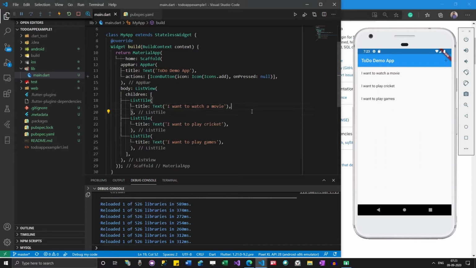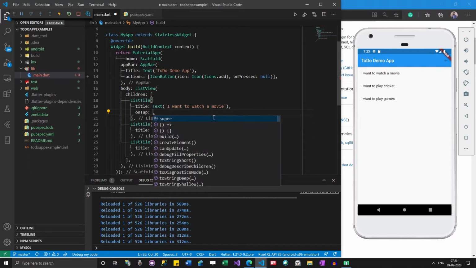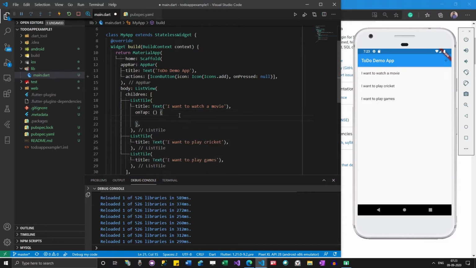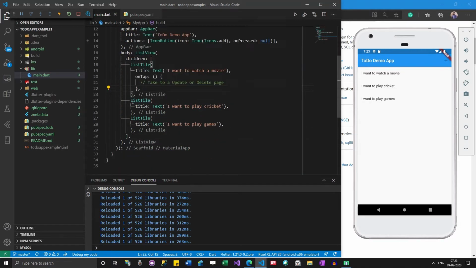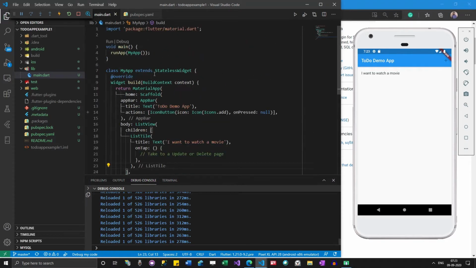So here we will take to an update or delete page. Now let me remove these two items and create a list.